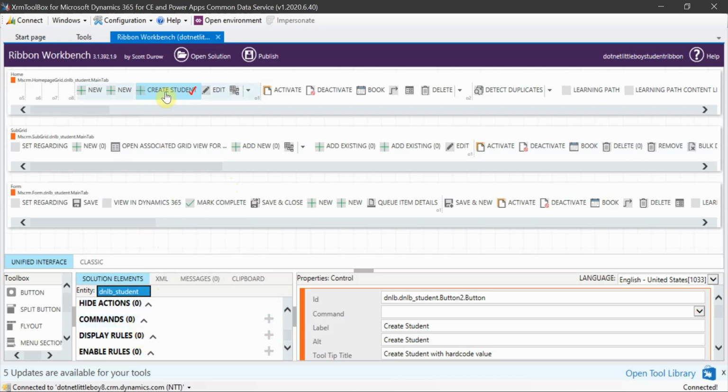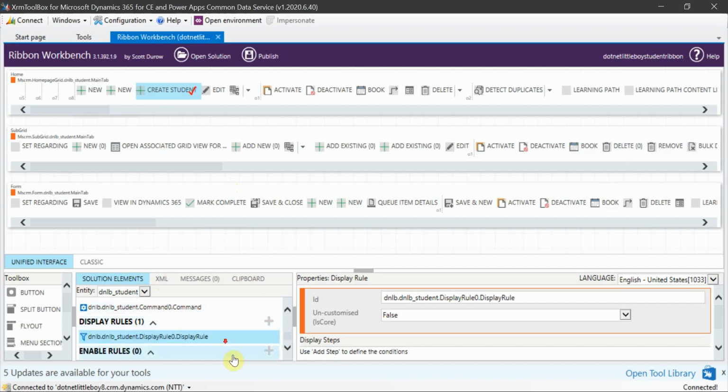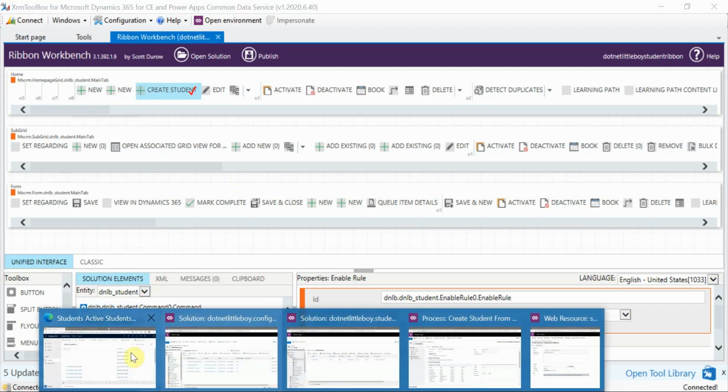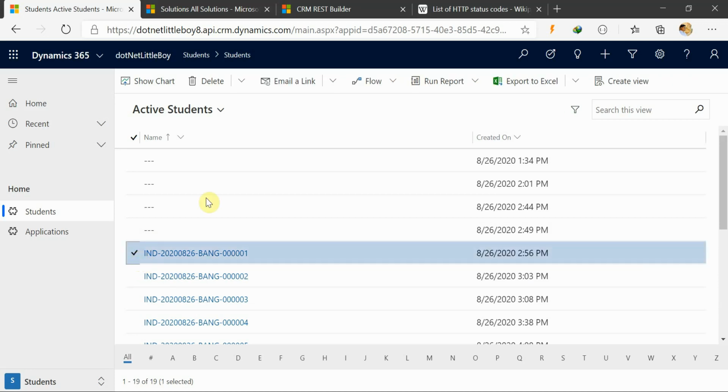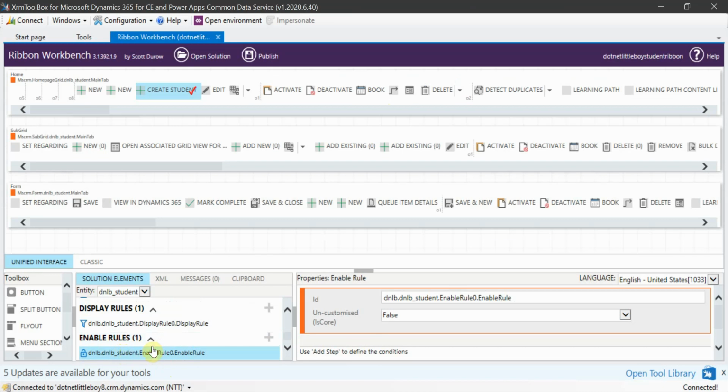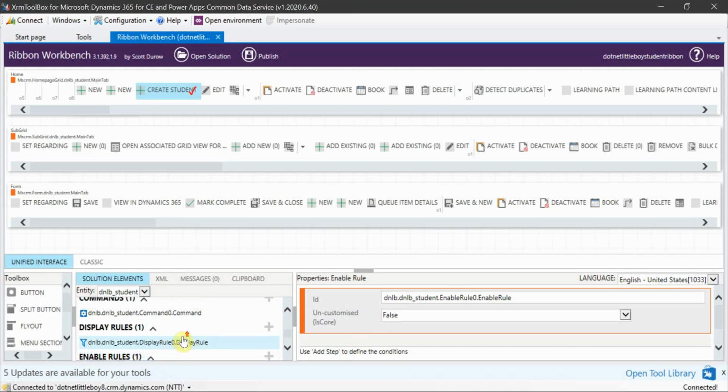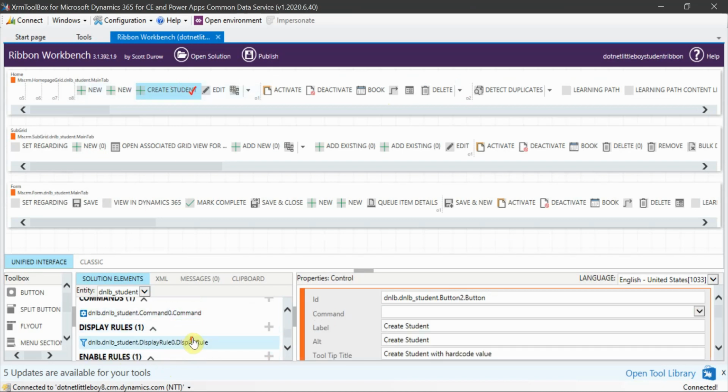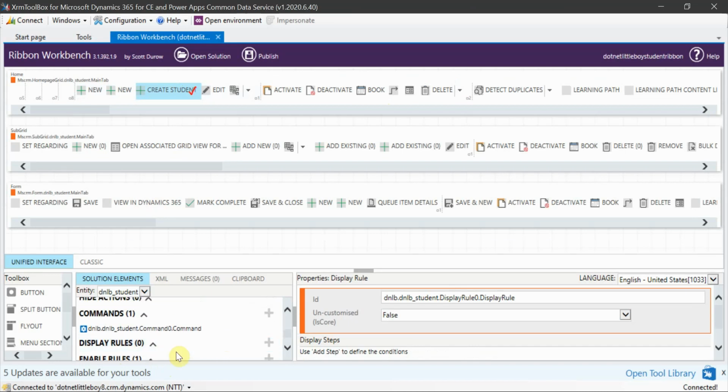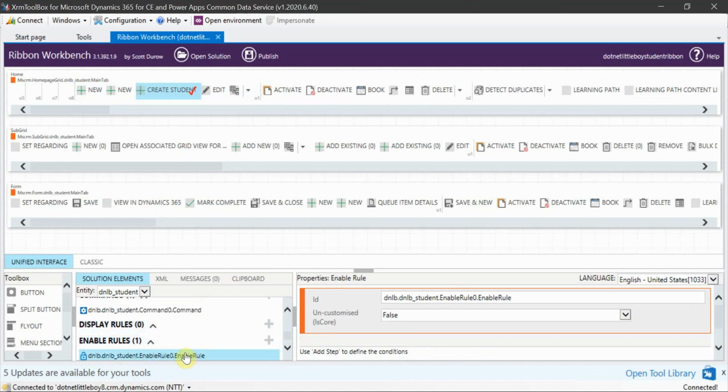You have to change the view here, and then you can add the buttons. So for this button, you can see I have certain commands here which I can add, then the display rules and the enable rules. You can see that when I select this record, certain buttons appear here, right? These have display rules, and if you want to enable or disable on some conditions, you can write those conditions over here. In my case, for this entity I do not want this one, so let me remove it, and I do not want the enable or disable rules.